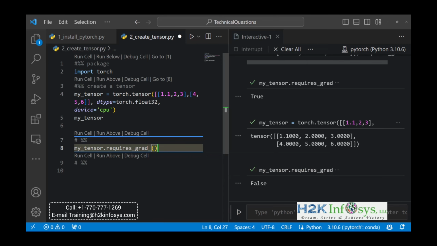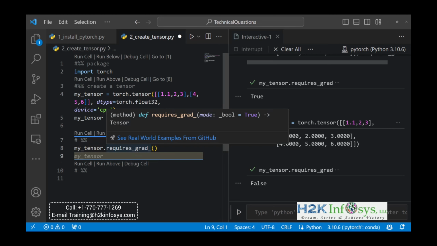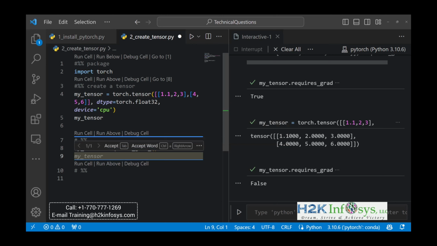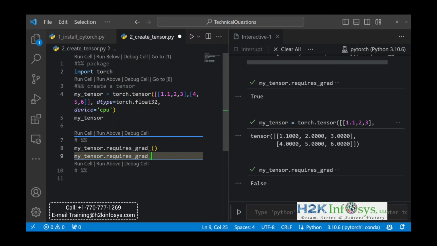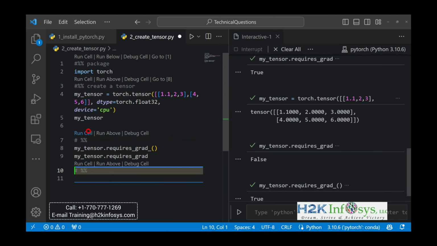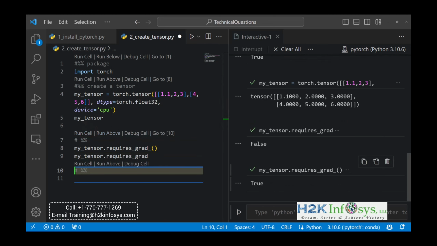If the tensor was created without activated gradients, we can also set it to true with this command. So with requires_grad_ with an underscore, we can just call that and check it with this property requires_grad, and this will also set the gradient to true. More on that in upcoming lectures. But with this you have just learned how you can